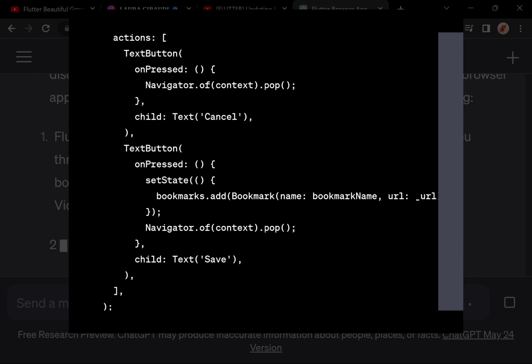}, child: Text('Cancel')), TextButton( onPressed: () { setState(() { bookmarks.add(Bookmark(name: bookmarkName, url: _url)); }); Navigator.of(context).pop(); }, child: Text('Save')), ], ); }); } ```